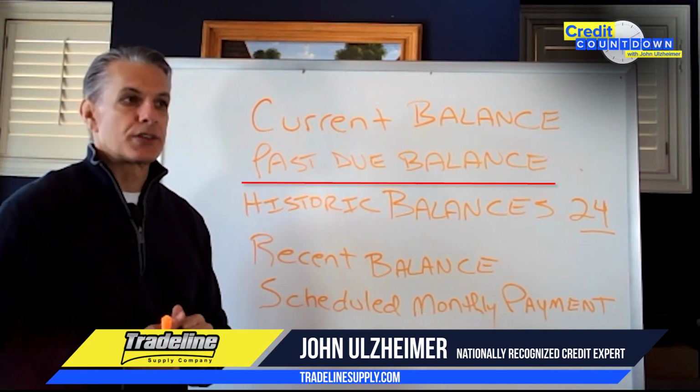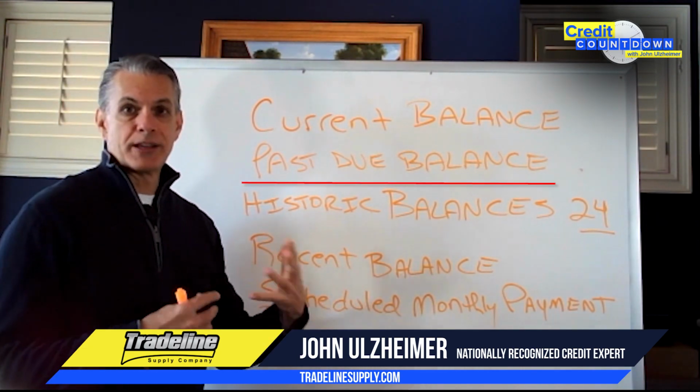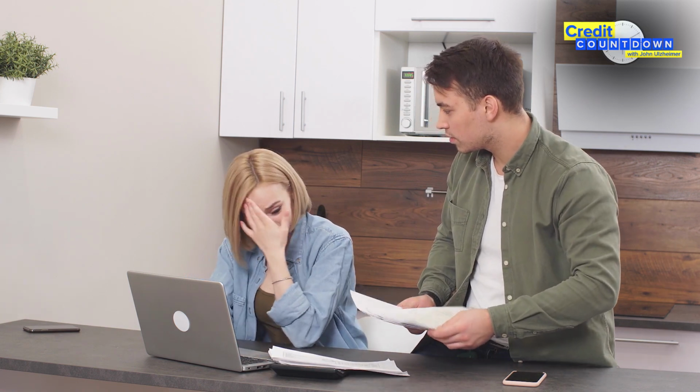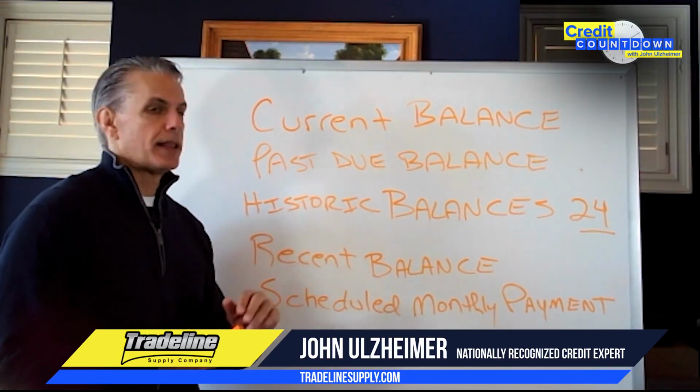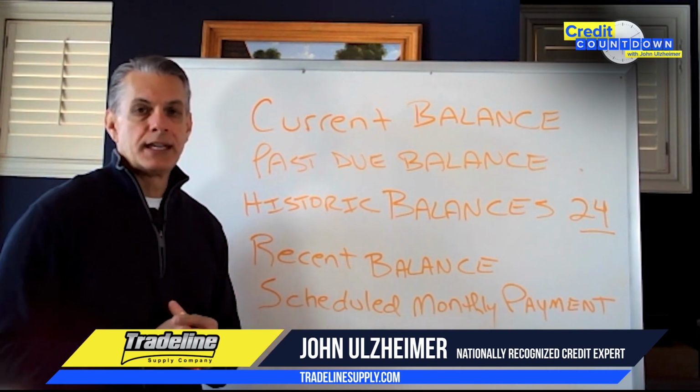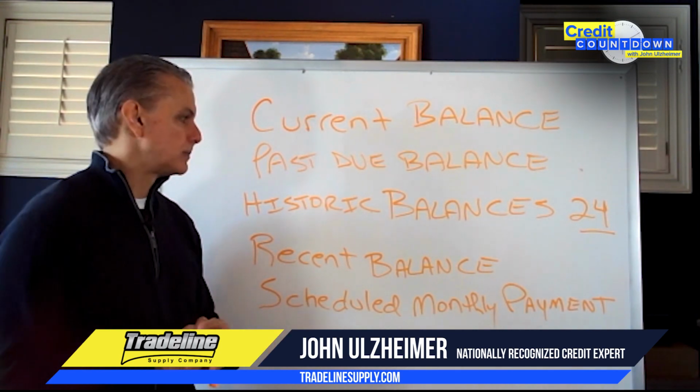Next, past due balances. Hopefully you don't have any of these, and so the next minute or so is going to be just for entertainment value for you. But if you did go delinquent on a particular account and you currently are delinquent or recently delinquent as of the most recent update, or the date of account information as it is on some of the credit reports, that past due balance is going to represent whatever amount you owe to the lender. Past due balances obviously are considered to be negative in credit scoring systems, so you don't want any of that information on your credit report.